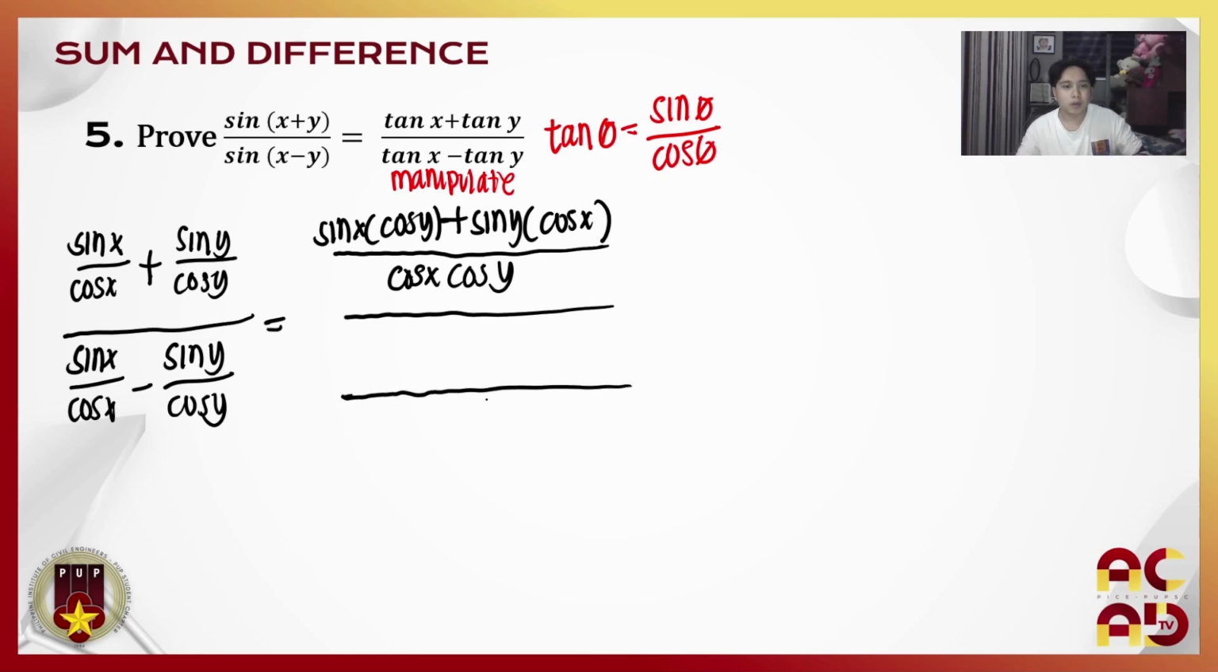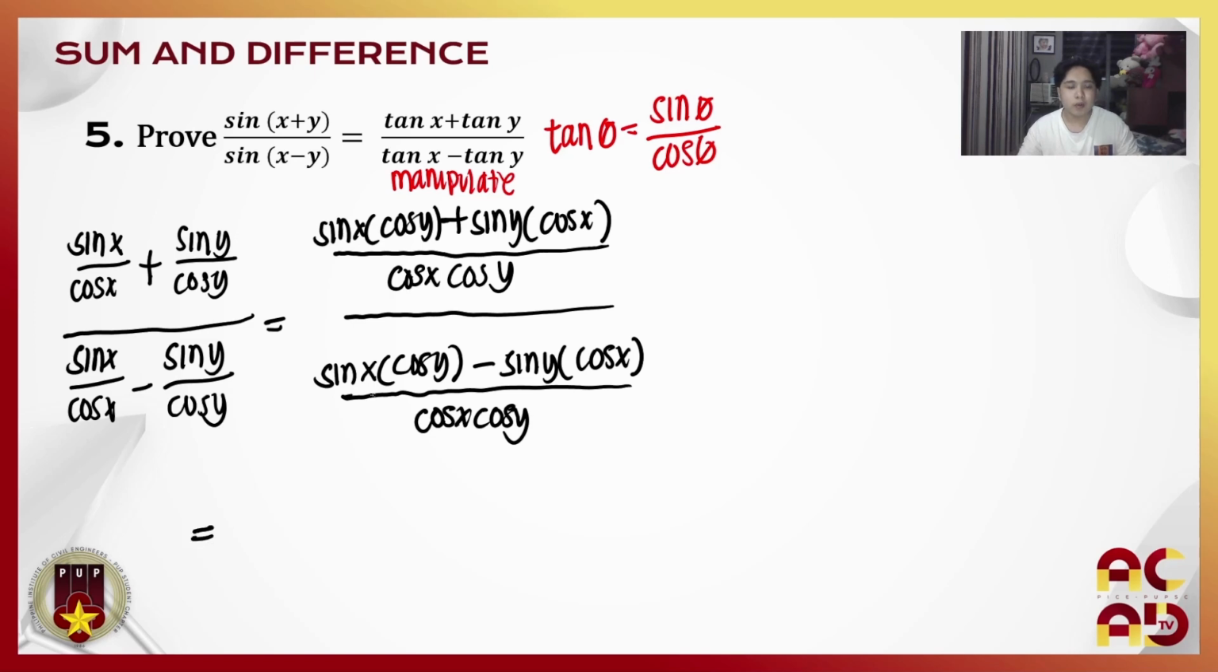denominator, we have yung LCD niya, cosine x, cosine y. Yan. And then cosine x, cosine y divided by cosine x is cosine y. Then times natin sa sine x na numerator niya. So, sine x times cosine y minus cosine x, cosine y divided by cosine y is cosine x. Then times natin sa numerator na sine y. We have sine y times cosine x. Yan. And then dito,